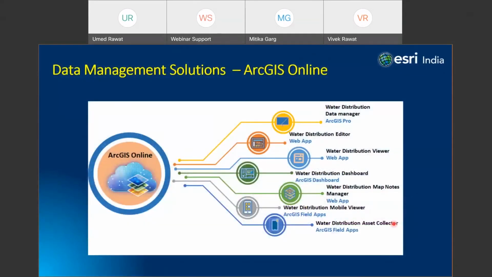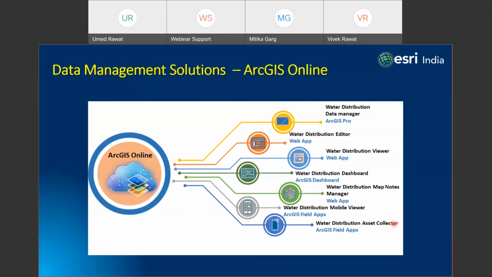So as I was discussing, we have two types of data management solutions. Very first I will discuss the data management solutions for ArcGIS Online. In the ArcGIS Online solutions, the way we are representing the assets is as simple features. When I talk about simple features, these are not in a network topology, meaning simple line, point, and polygon. This is created for utilities to give them a simple way to map their utility, and they can share it across their organization.